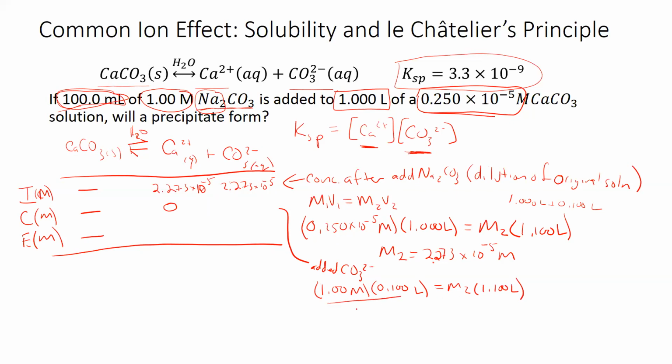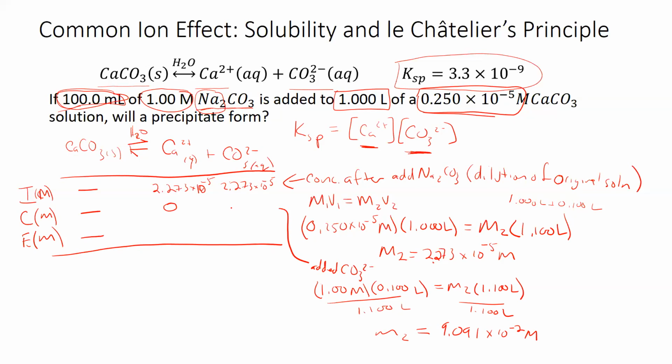And so we divide it all by 1.100 liters. We get M2 is equal to 9.091 times 10 to the -2